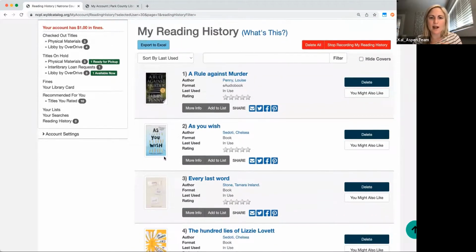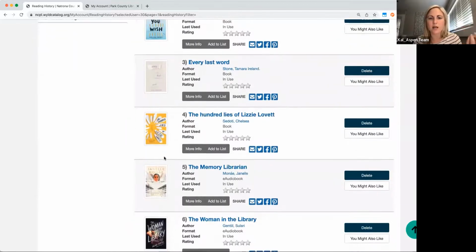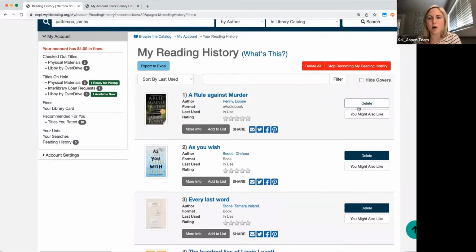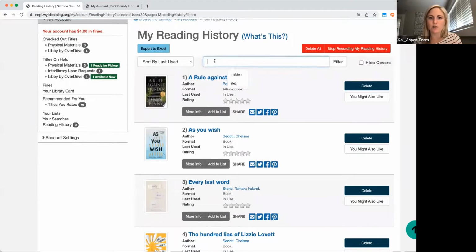These are titles that I have checked out to me right now, so it just started to populate that reading history. But at any time, if I said I don't want this to show up, you could delete those titles, you can delete all, you can stop recording your reading history, and you can export your reading history.